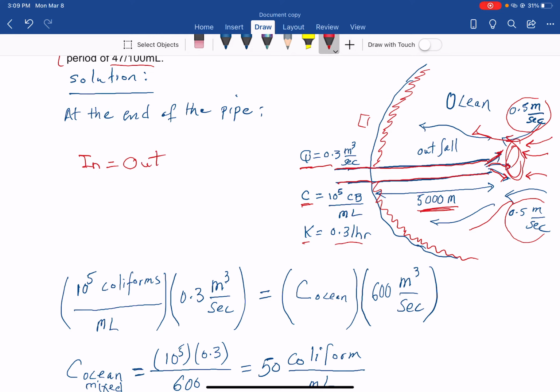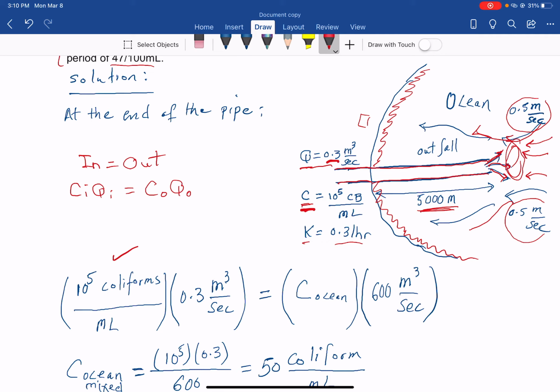So the concentration N times the flow rate N equals the concentration out times the flow rate out. Now what is the concentration N? You can see it here, 10 to the 5 coliform per ml times the flow rate. The flow rate is 0.3 meter cubed per second. Don't play with the units, because they will cancel out with the units on the